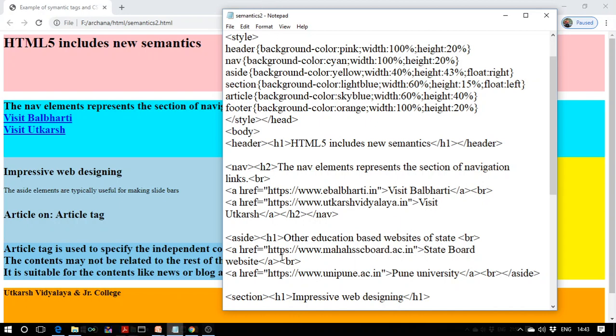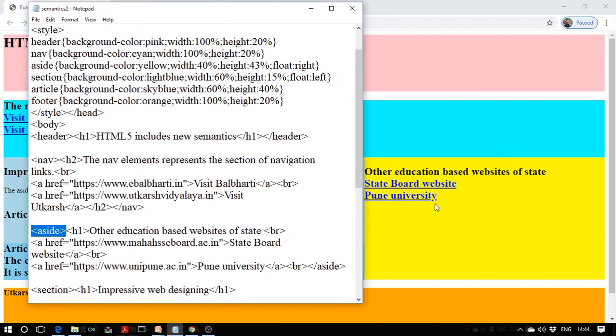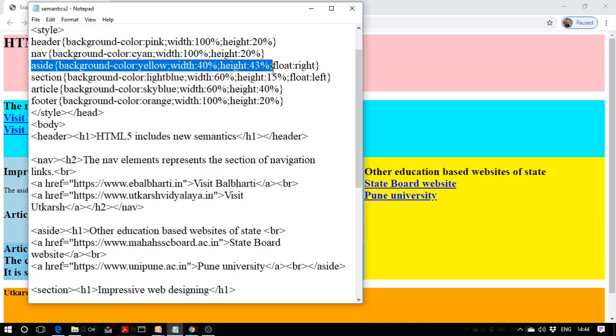Now after NAV, what we are adding is the aside. You can view the aside element, other education based websites, and again two links we have added, and it is taking the properties of the aside selector. So check out background color yellow, width 40%, height 43%, and the important thing is float. So aside elements are floated towards right.